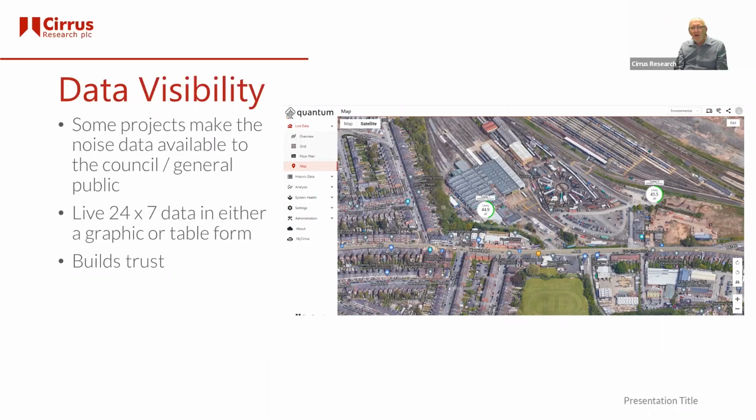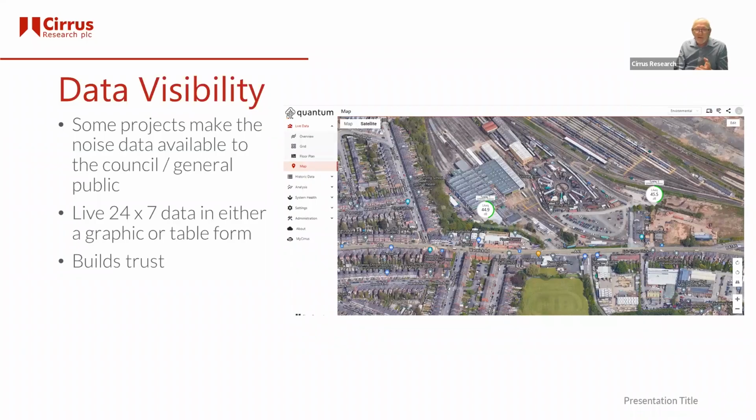So I mentioned data and the visibility of that data. Some projects want to make the data, or have to make the data, depending on how you look at it, available to the council and sometimes to the general public as well. They might insist that information is published maybe on a constructor's website, or people have access to whatever noise monitoring system you've got in place, like this one here, to look at a subset of that data, so they can see maybe live data, so you can see what the noise levels are, or maybe it's just a summary of the data once a week or something like that, so the public can see what the actual noise levels on that construction project have been.